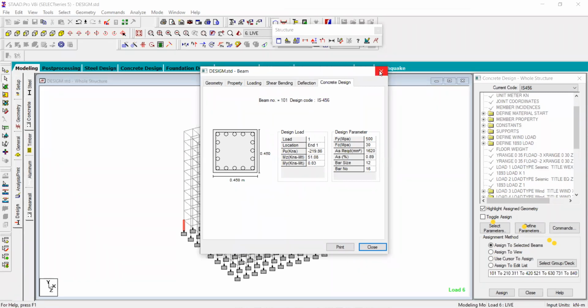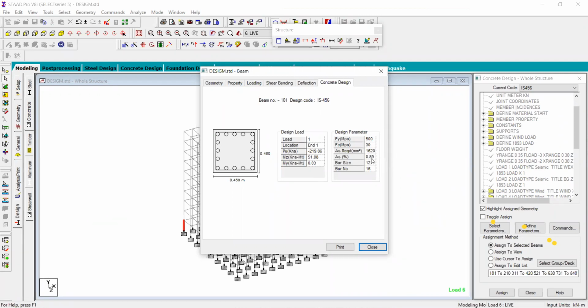You know that in a column, steel percentage by IS code is 0.8 to 4%. If it comes near 0.8%, it means the column will be uneconomical. If its value is like 3%, again you have to increase the size. If the steel percentage is near about 0.8, you have to reduce the size of the column because your material is not utilized economically.